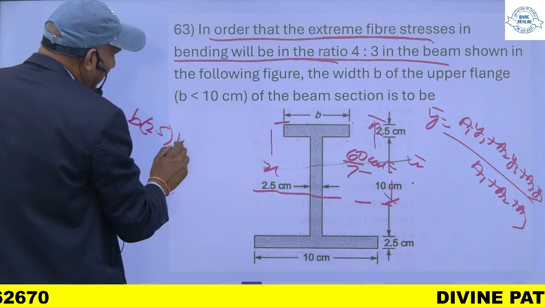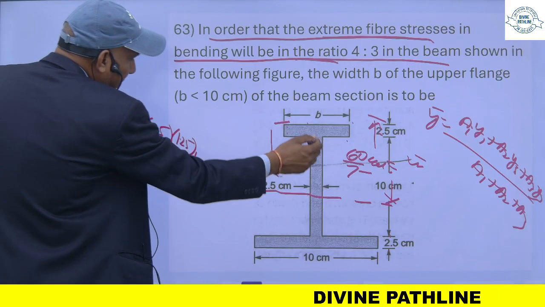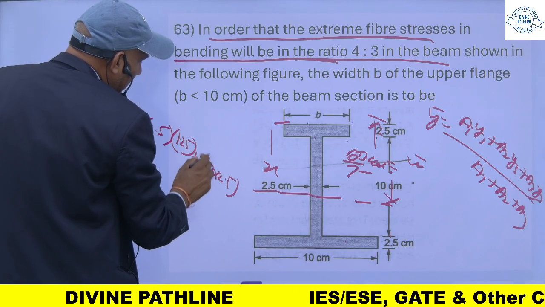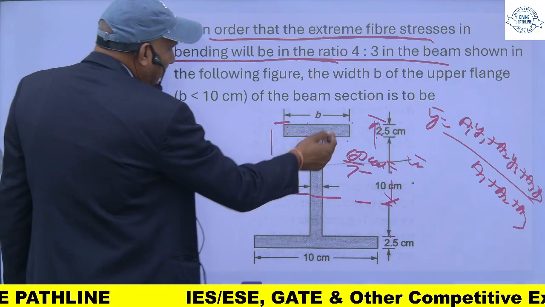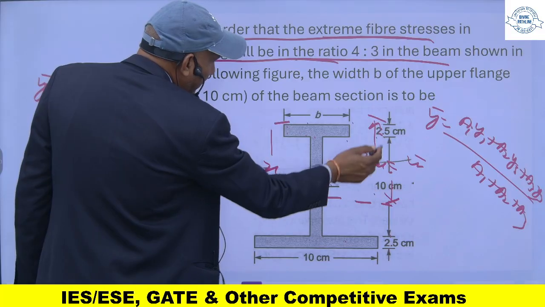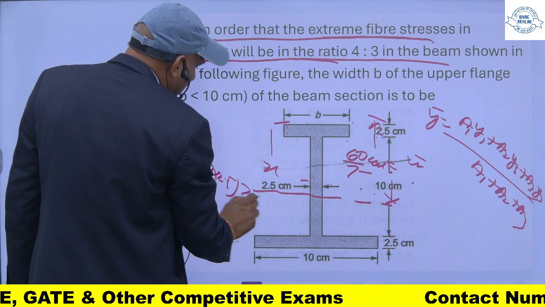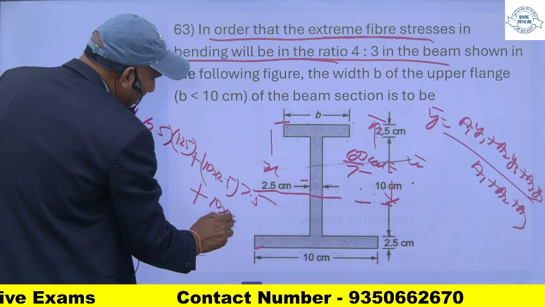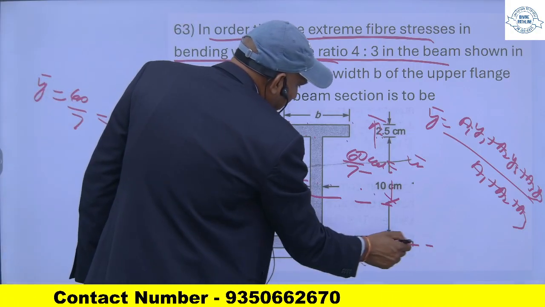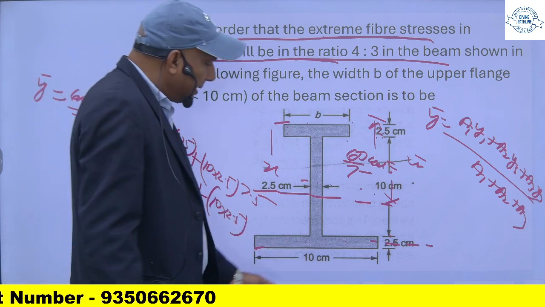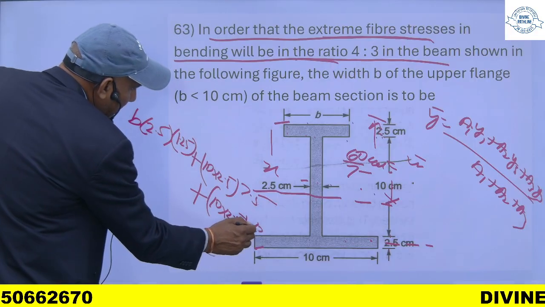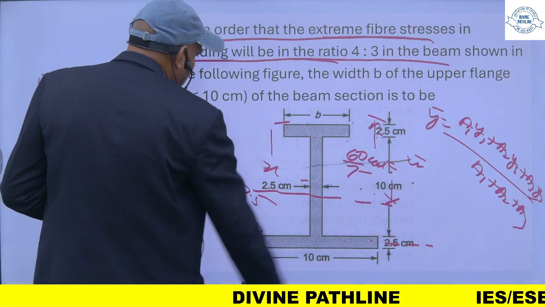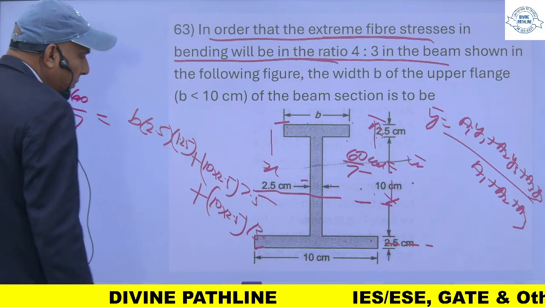So it will be 1.25, plus area of this, which will be 10 into 2.5, and distance from the top fiber to its mid section will be 5, half of this, 5, plus 10.5, plus area of this, which will be 10 into 2.5, and distance of the neutral axis from the top fiber will be total 15 minus half of this, 1.25. So 15 minus 1.25 is 13.75,